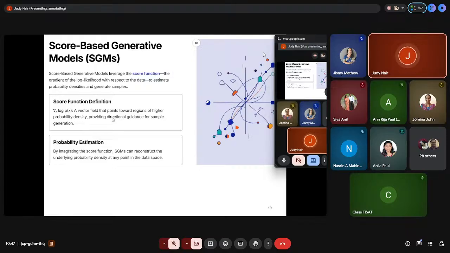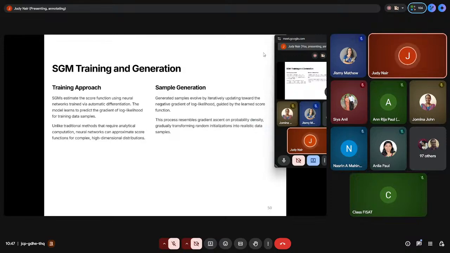Based on this, it will check a point in the data space. Instead of error, it looks at the value of the score function, because this is the gradient of the probability density, and it tells us which points have high density regions. Based on that, this learns. The training approach is the same. If we follow the score, we move toward regions where data is more likely. It's like the simple hill climbing we have learned: the gradient tells us which way is up.